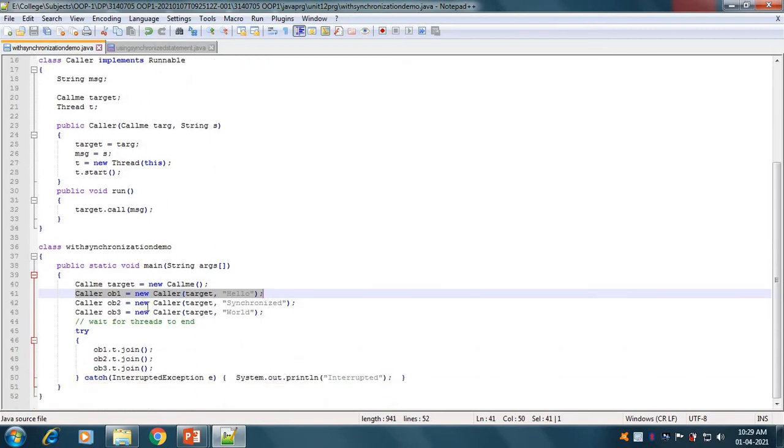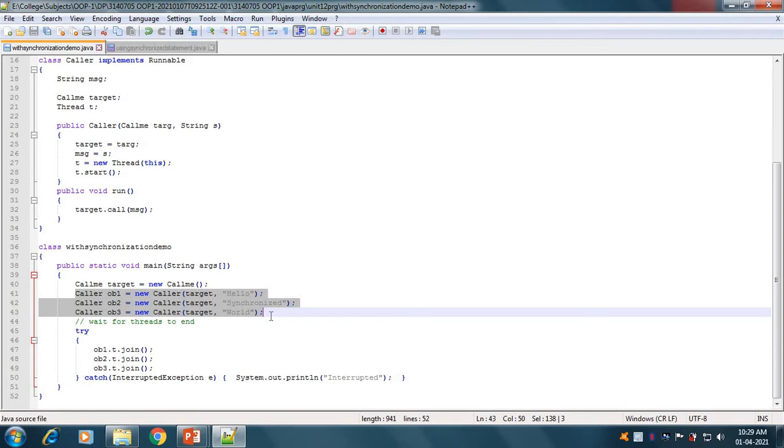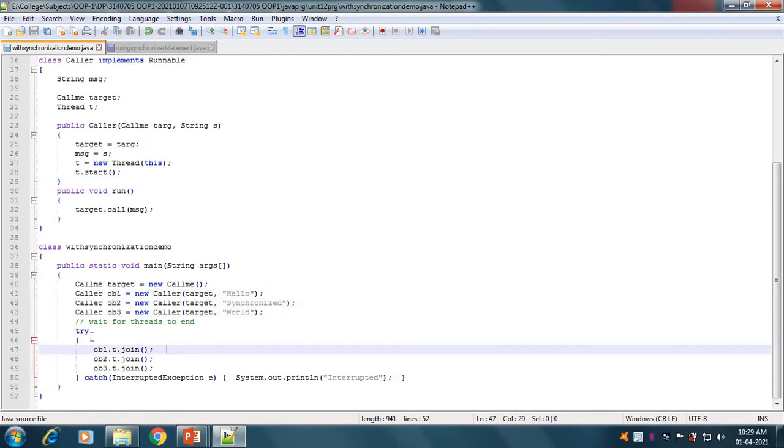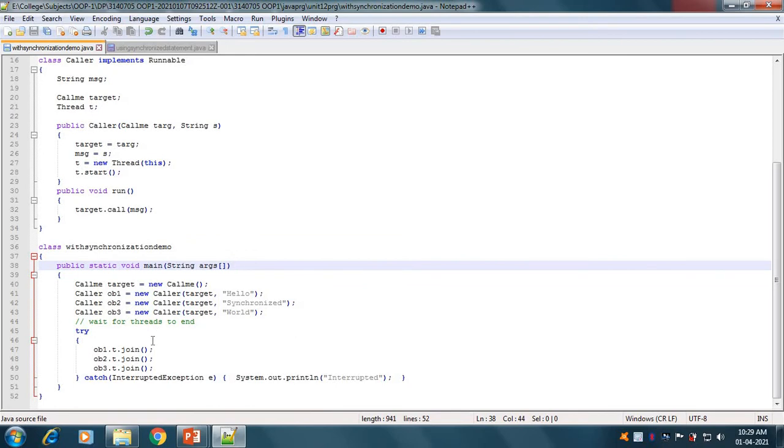It will be called after making objects ob1, ob2 and ob3.